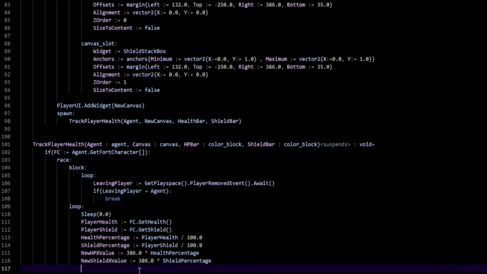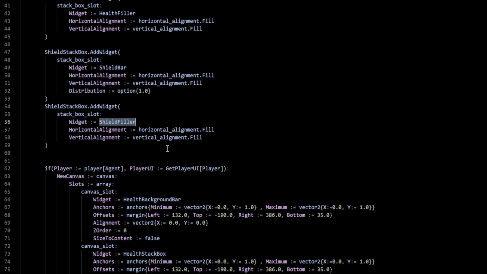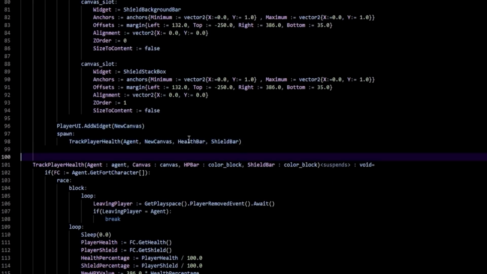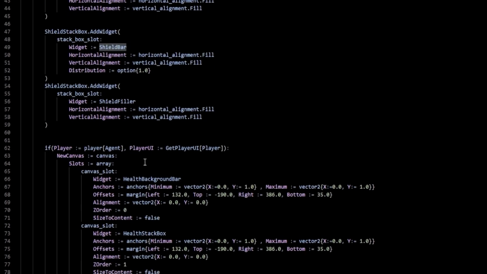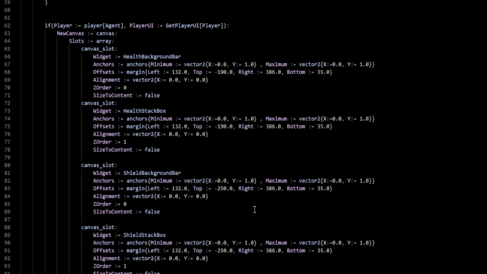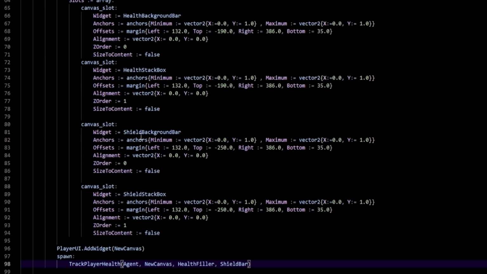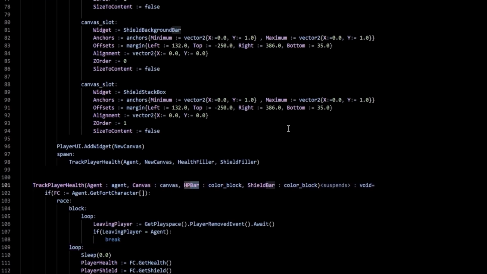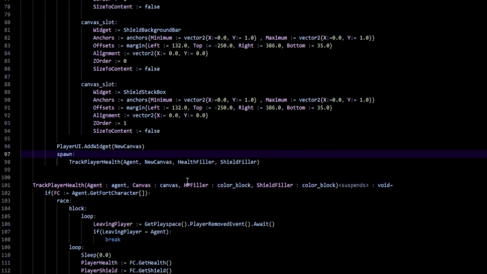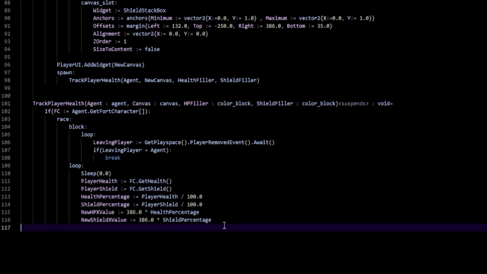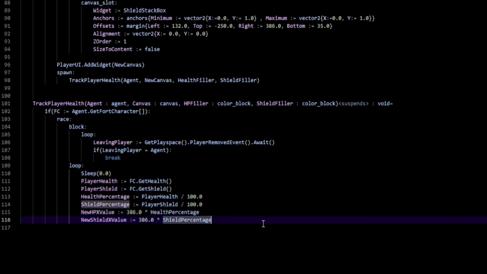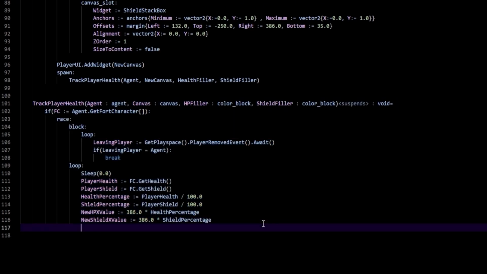Instead, what we want to do is change the filler widget's desired size. So to do that, when we go down here and actually send the health bar and the shield bar, we don't need to do that anymore. Instead, what we need to do is send the health filler and the shield filler. And then let's go ahead and change the names down here as well so that we don't get confused. So now that we have the HP and the shield filler blocks in this function, we can set the desired size. So to do that, you'll write HP filler dot set desired size, and then you set it to a